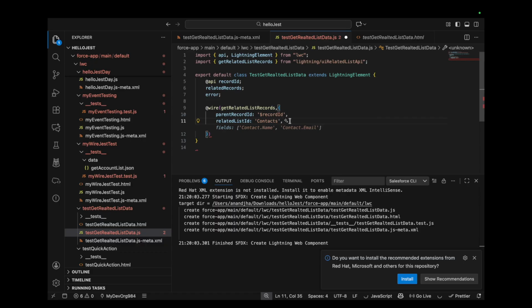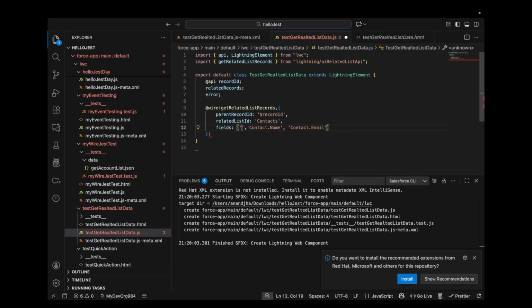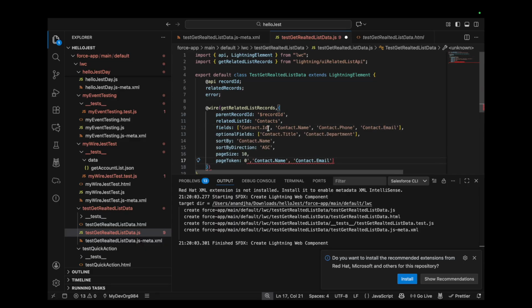So as we gave these values, then it will ask, okay, I have all the parameters, which data do you want? So I said, okay, if you have all the parameters, give me contact name, contact email, contact id, or whatever I require for my use case. So at this point I will use contact name and contact email. Now let me use contact id. I'll accept contact id, not the whole